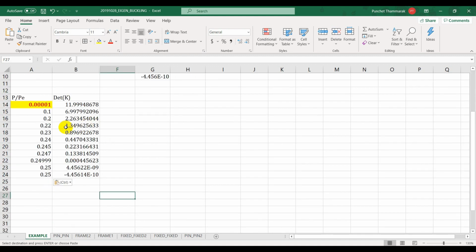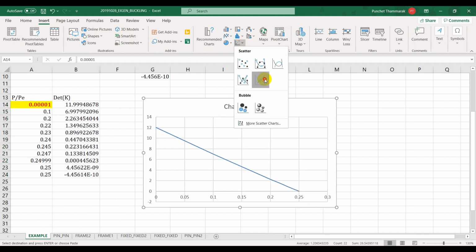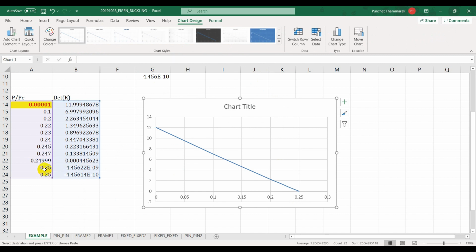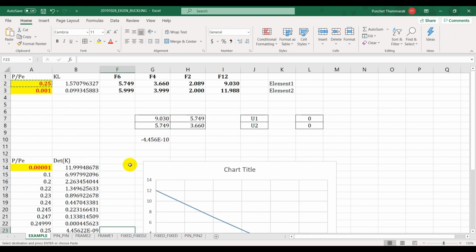Okay, and then we plot. Actually, you don't really have to plot now because you know that the function value just crosses 0 somewhere here, at about 0.25 exactly. Okay, 0.25